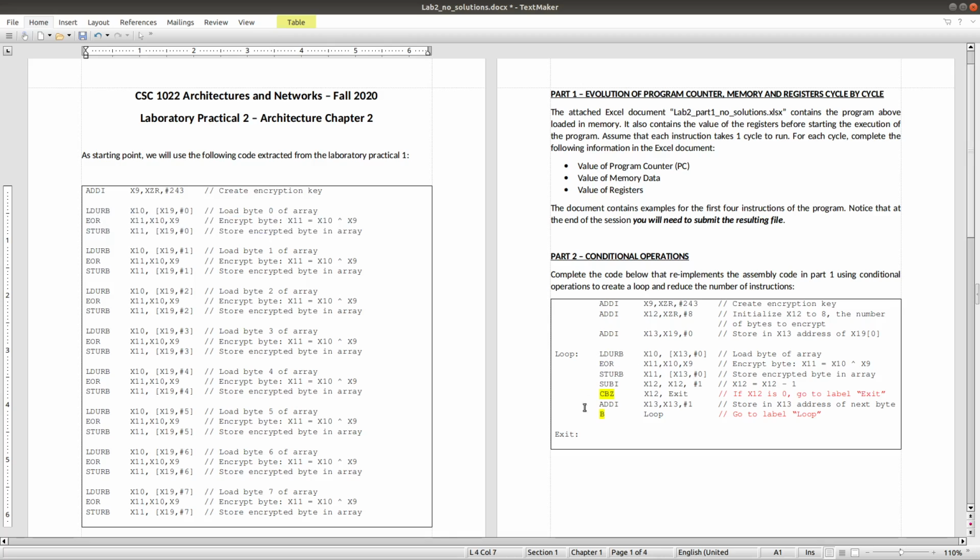But the code in practical 2 needs 1, 2, 3, 4, 5, 6, 7 instructions to process one data. So it should take 7 CPU clocks to finish one data processing in code 2, and we can see that the execution time of code 2 is about double the execution time in code 1.